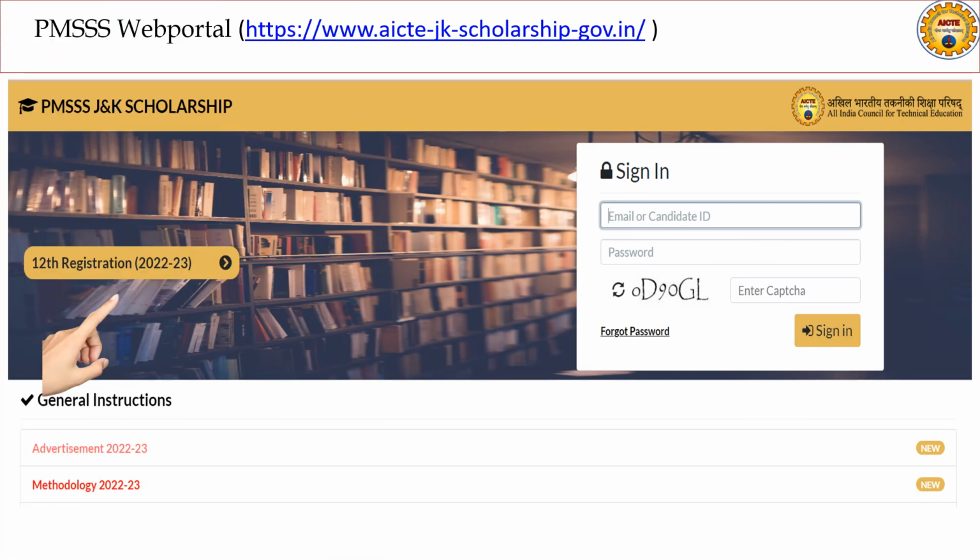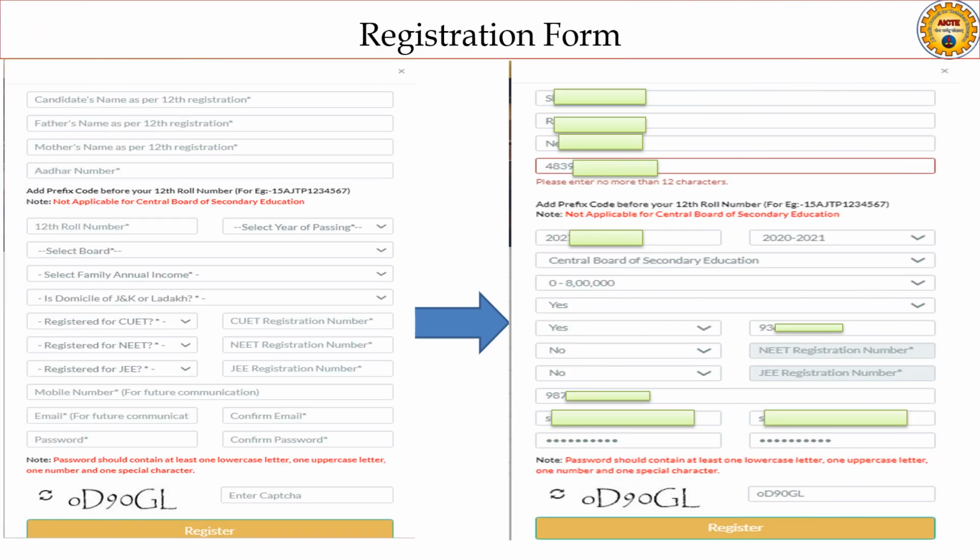The registration portal will look like this, where the candidate has to click on the 12th registration 2022-23 button to open the registration form. The registration form will look like this, where the candidate has to enter the following details: candidate's name, father's name, mother's name, Aadhaar number, 12th roll number, year of passing, board, family annual income, is domicile of Jammu and Kashmir or Ladakh,